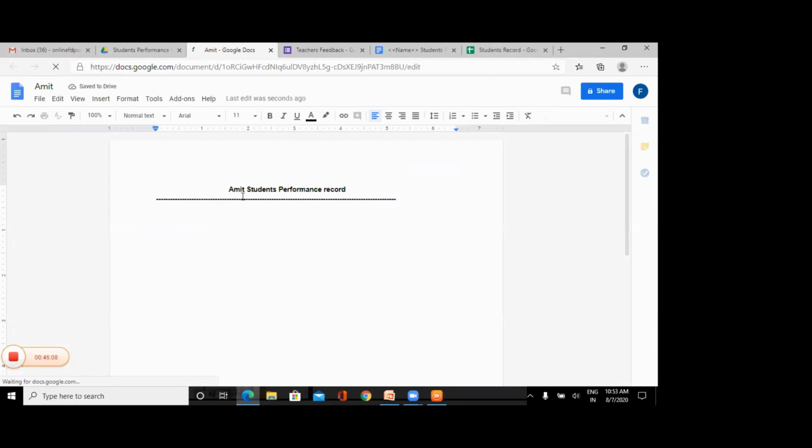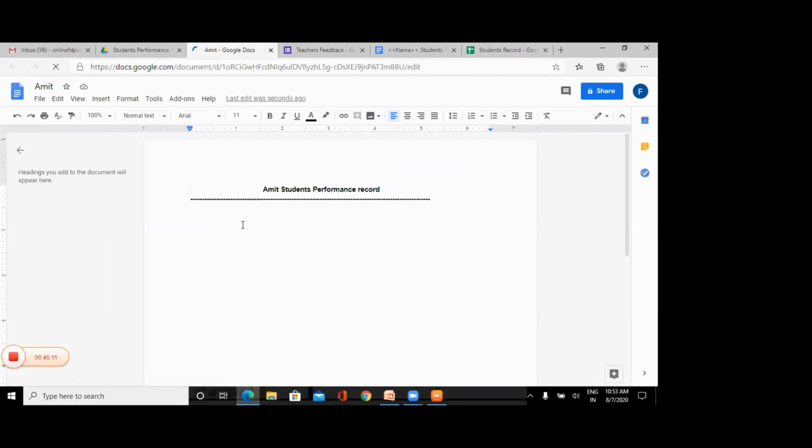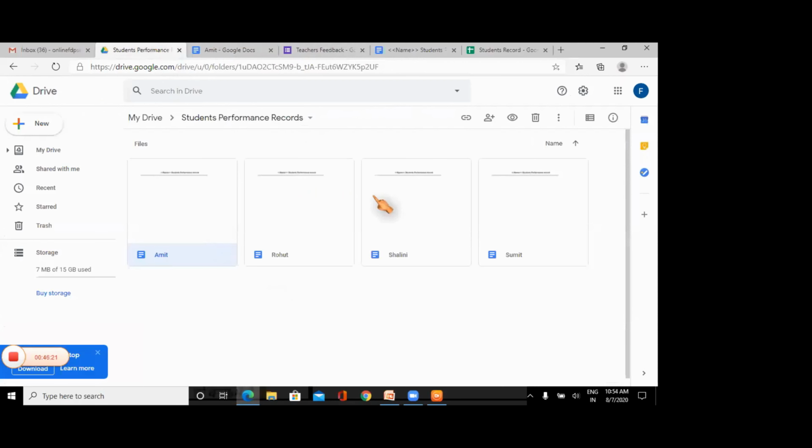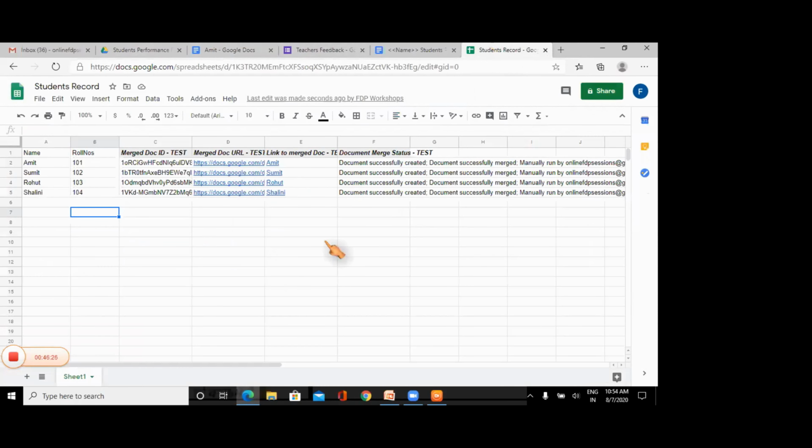This is the file individually for Amit. So this is how we have created 4 individual files using AutoCAD. That is how you can create files for all of your students, all of your classes.